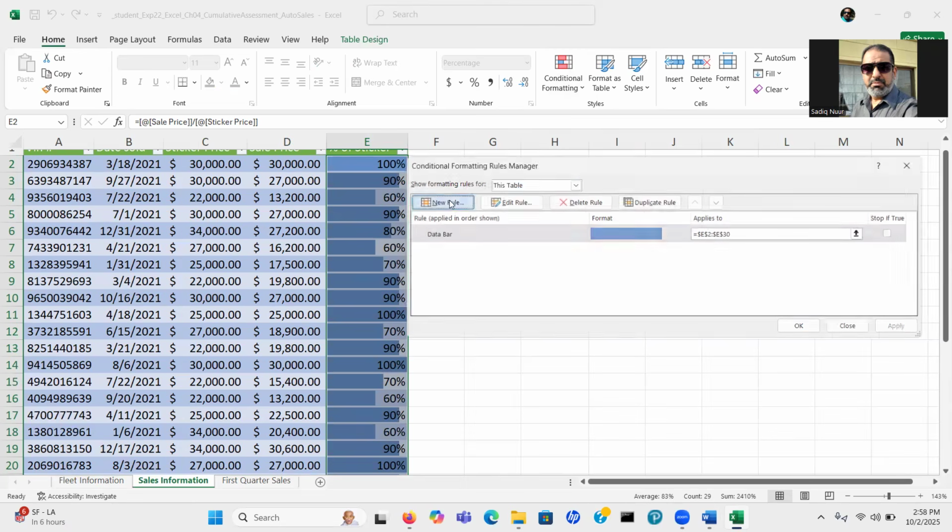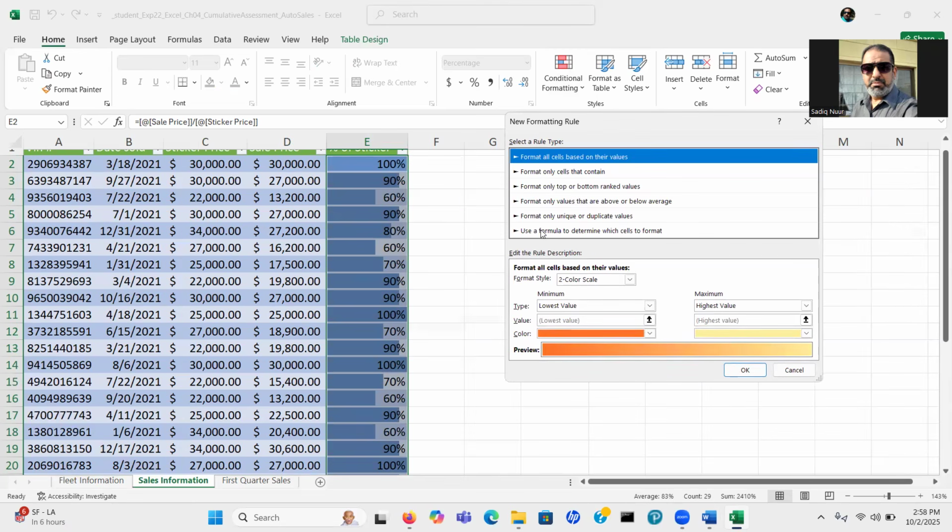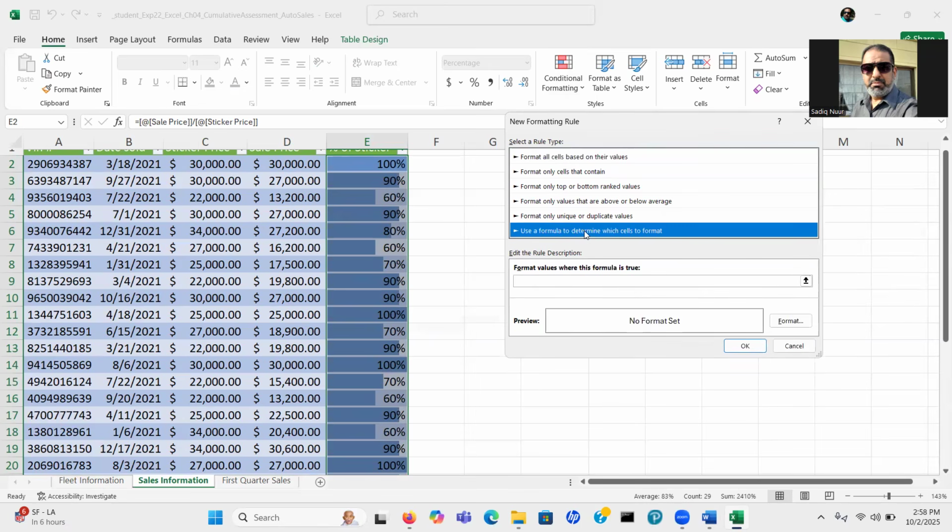We can add a new one, use a formula to determine which cells, and then we're going to say equal E2 less than or equal 70%. So it looks like I forgot to put the equal sign.